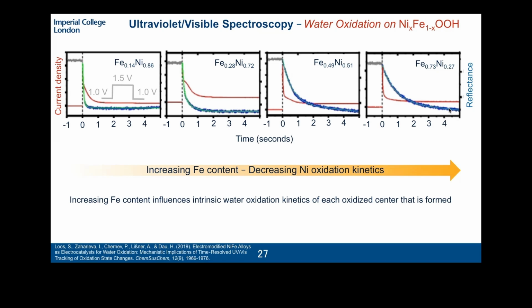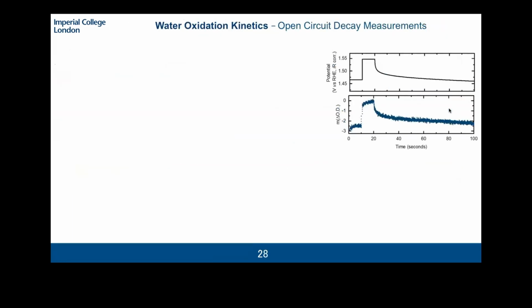So then that gives us some information on how, for example, the potential determining step of nickel oxidation might be changing as you dope iron in the system. So the final thing that I wanted to look at is a special case of these voltage step measurements, where